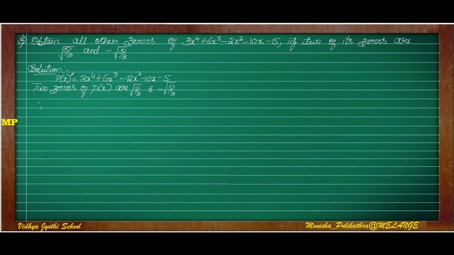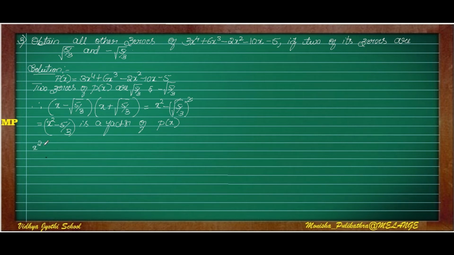So in order to find out, we have the dividend, we need a divisor for this. The divisor is obtained by taking these given roots into multiplication: x plus root 5 by 3 and x minus root 5 by 3. So this will be in the form of a minus b into a plus b, that is a square minus b square. So it will become x square minus root 5 by 3 whole square. Here root and square get cancelled. So we will get x square minus 5 by 3. So this x square minus 5 by 3 is a factor of the given p of x. Now we have to divide this p of x by using this as a divisor.